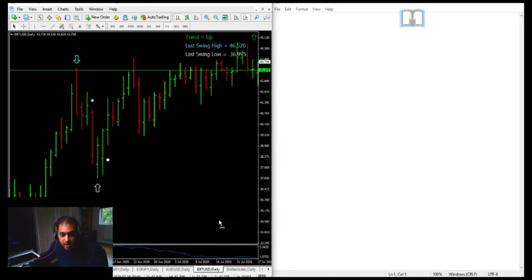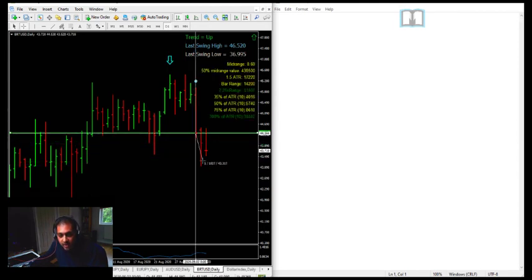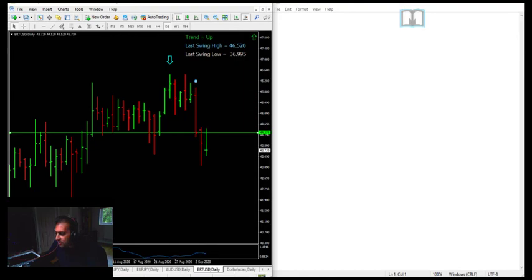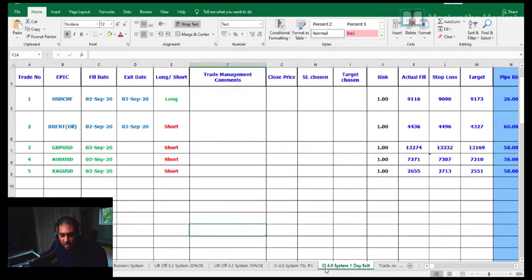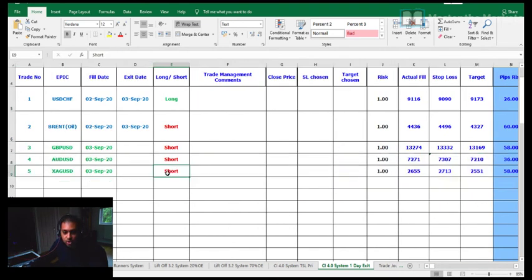And then we took this trade on Brent crude oil as well, where we entered the market short on the close just here, and we exited at 43.27, which was the target, and we took a 1.83% profit, I think it was there. We can just check the exact numbers in the journal under the one-day exit. So just there, 1.82% was the incurred profit. So we've made a profit of 0.82% overall on this particular strategy so far.